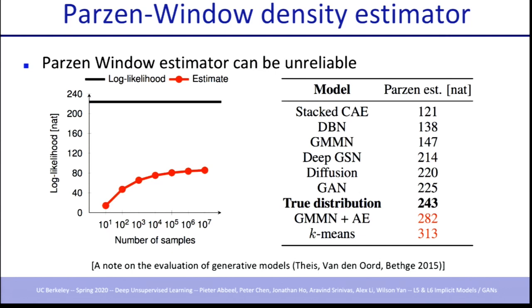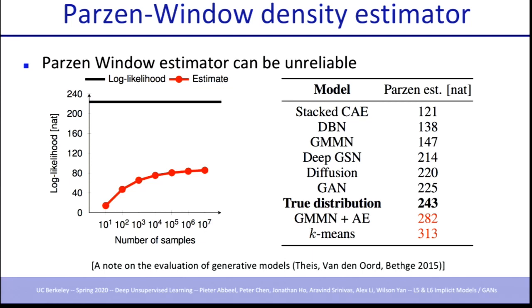And you see it's not getting anywhere near where you want to be, and it's not going to get there anytime soon. So that's for 6 by 6, 36-dimensional space. So you can imagine for megapixel images, it's going to be even worse. Turns out in the Theis paper, they actually play a little trick.